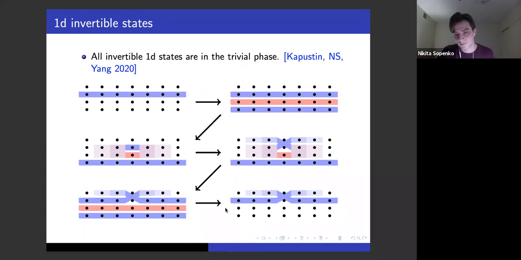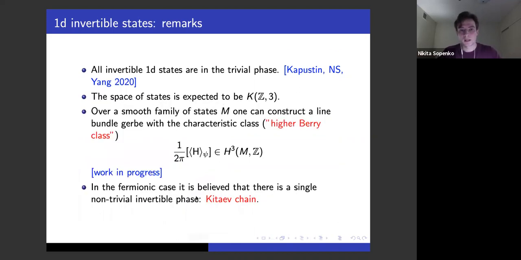So we can start with this final picture and then again create these pairs of state and anti-state and do similar manipulations to actually get the full one-dimensional states on both half-lines. Okay, so invertible phases are trivial, but the space itself is not trivial,